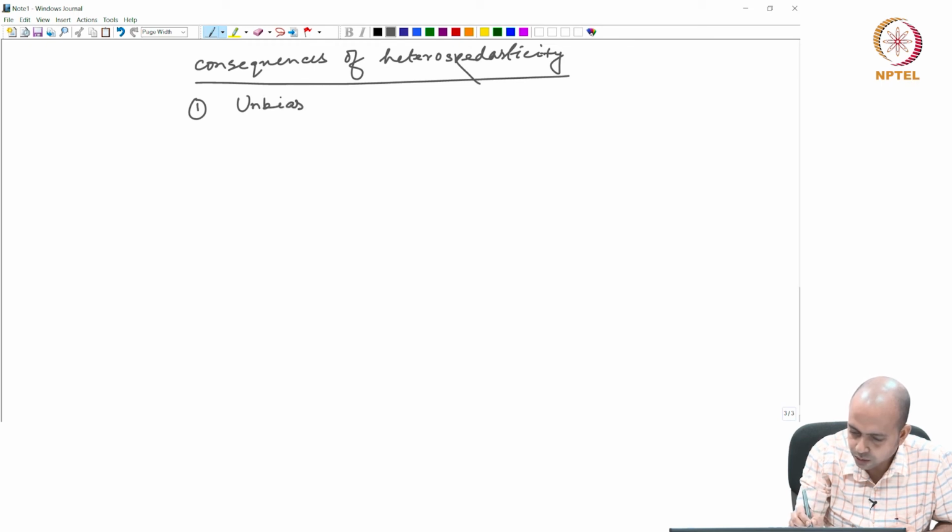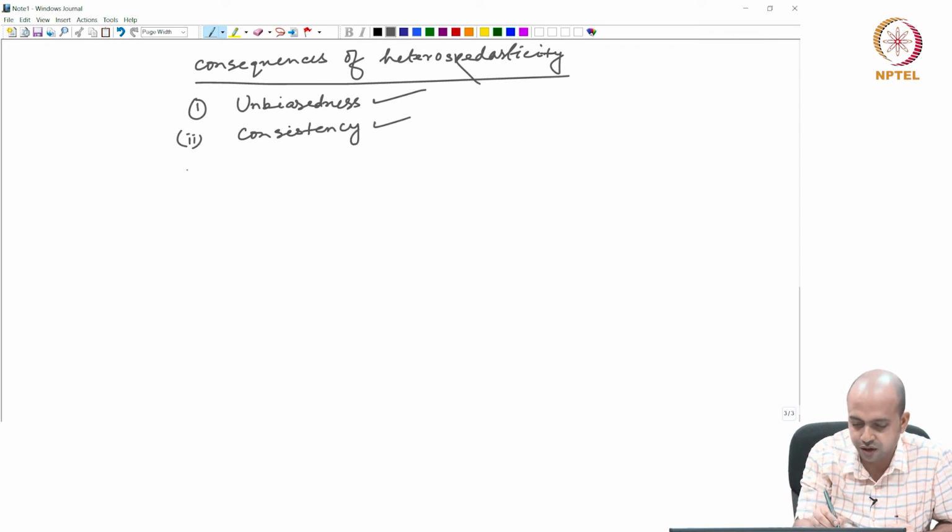Unbiasedness is still maintained. What will happen to consistency? Consistency is still maintained, but the problem, even in the context of heteroscedasticity, is that variance of beta hat